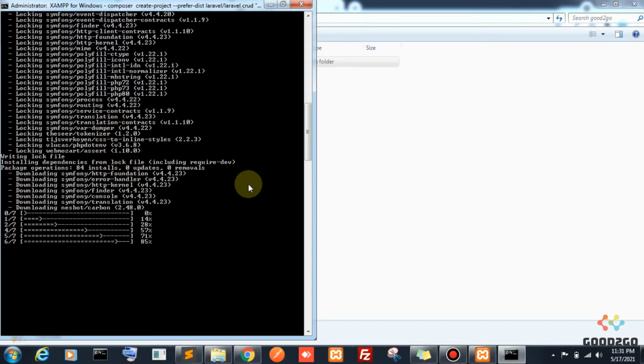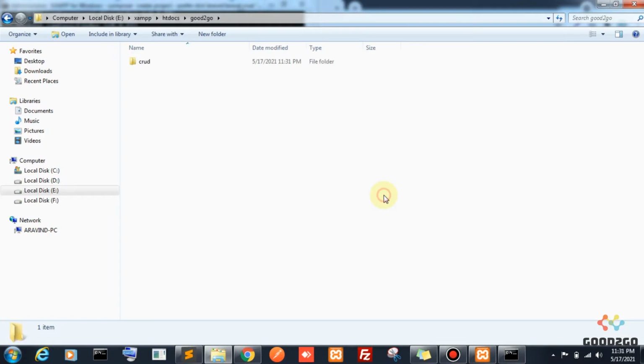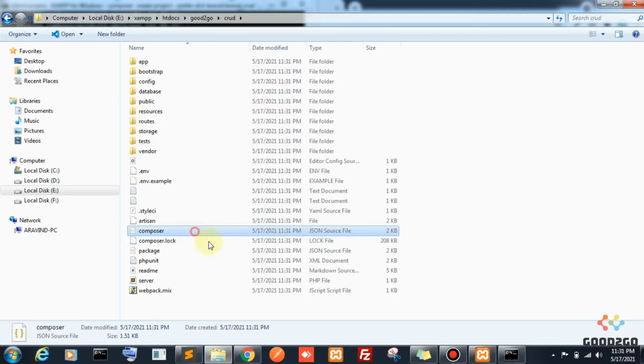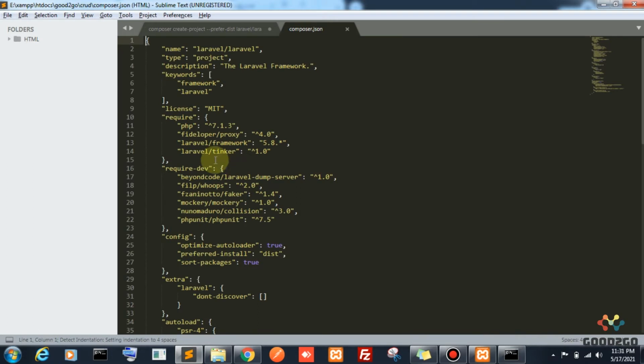As I mentioned in the previous video, composer is a dependency management tool for our package. In our package, composer.json will be there. Inside this composer.json we can see all the basic packages.